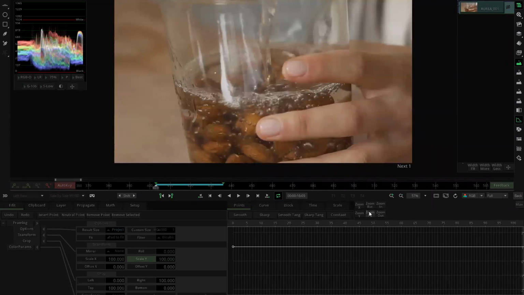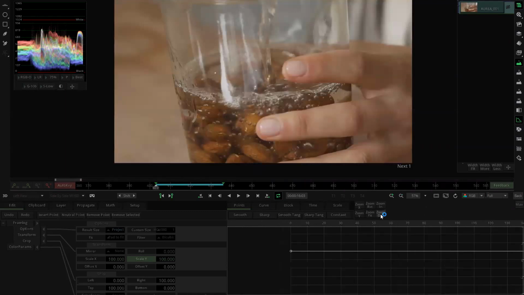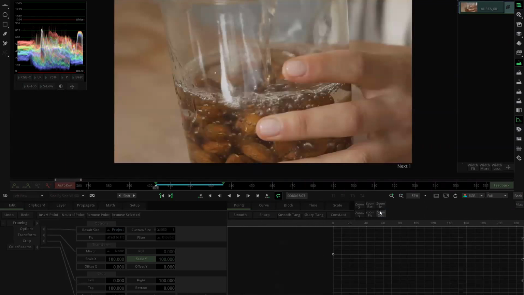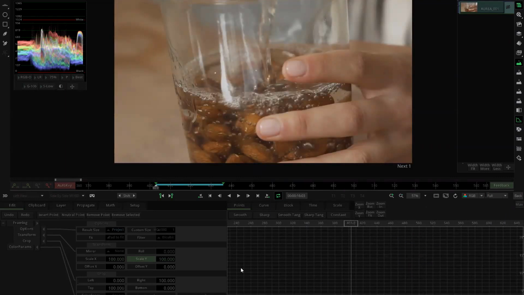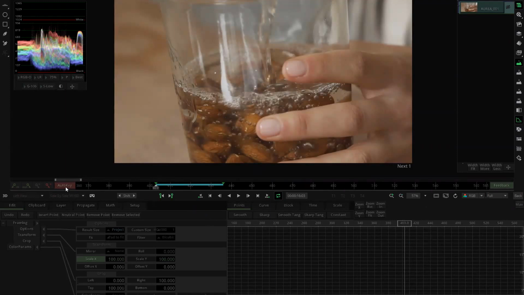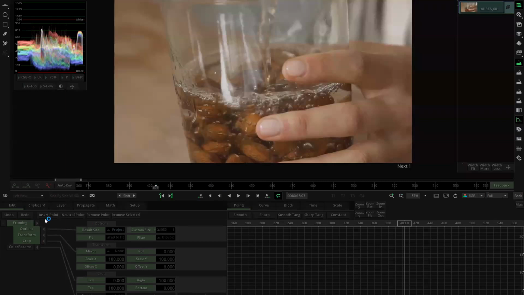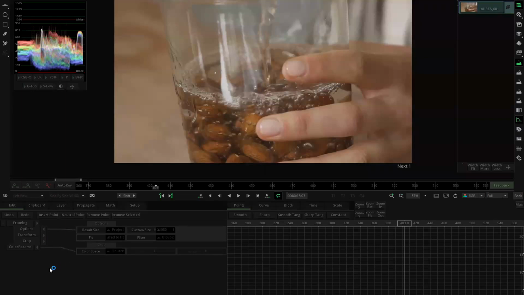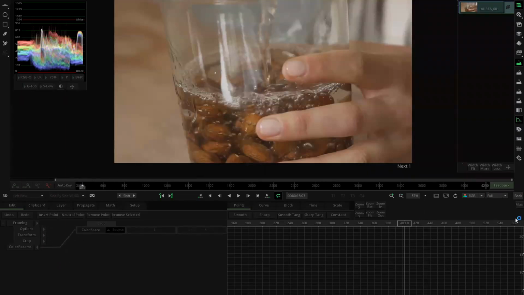Also I can zoom out or zoom in inside my graph. Another option, obviously, as always in Mistika, is to navigate with the right button. Okay, so anyway, I'm going to reset this, because what I want to do is see that in here,